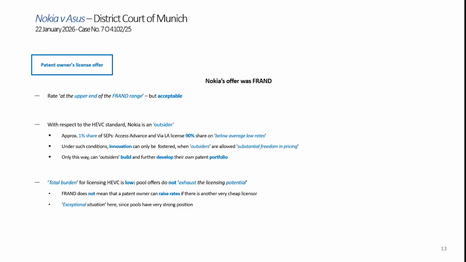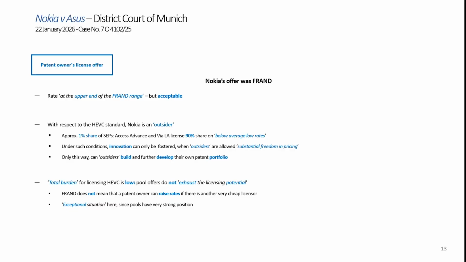And the result was, as we mentioned before, that Nokia's offer was considered to be within the FRAND range. Interestingly, the court said it's in the upper end of the FRAND range, but it's still nevertheless acceptable. Two points that the court mentioned here, I think, are also interesting, maybe very much specific to the present situation and the licensing situation when it comes to the HEVC standard. But the court, considering that we have these two pools that license around 90% of the standard at below average, low rates,